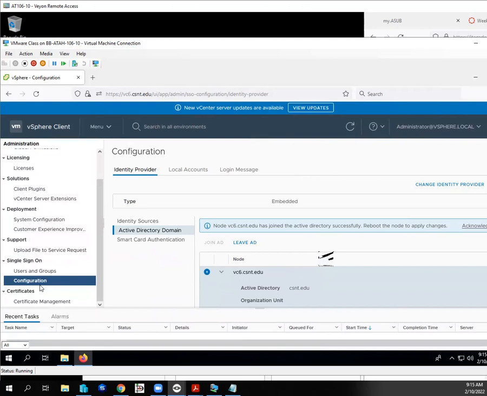So after a while, node VC6 has joined the Active Directory domain successfully. Reboot. So now we're in a warning state. Reboot the node to apply changes. Okay, now to reboot the node,